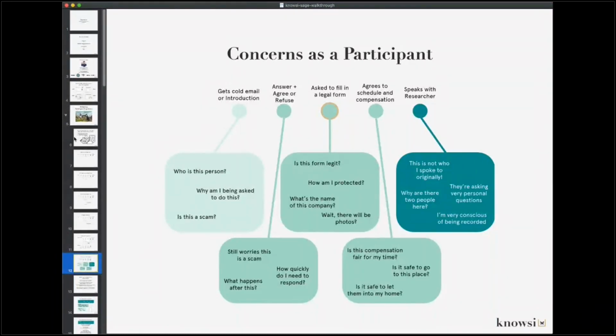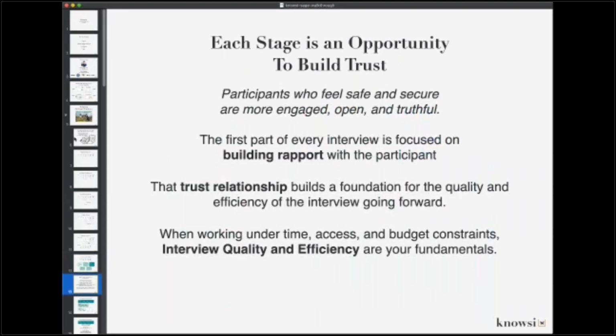And so what I'm trying to articulate here is all of the different concerns that go into the participant experience and all these things that we can design around. Each stage in this process is an opportunity to build trust.